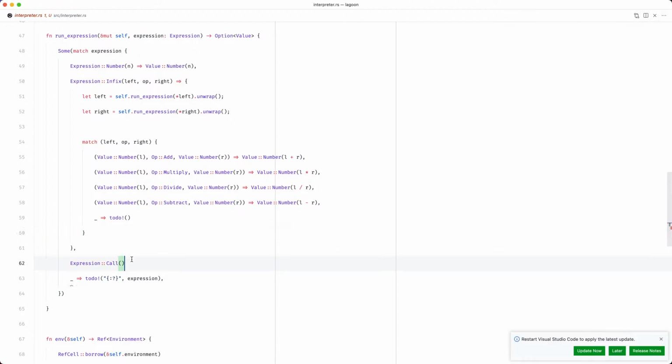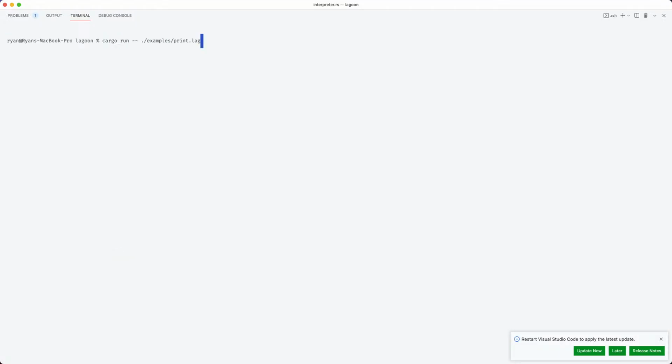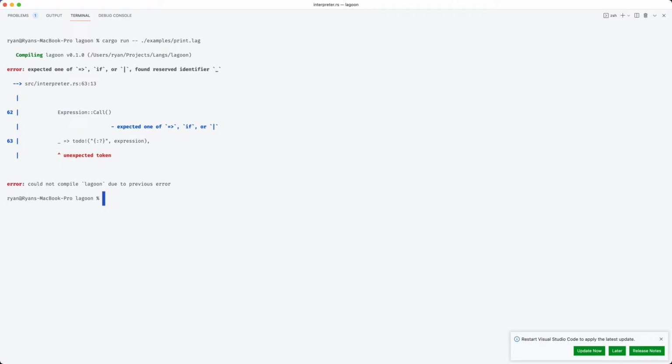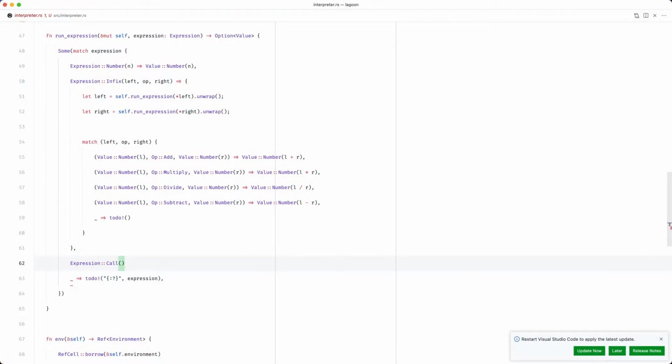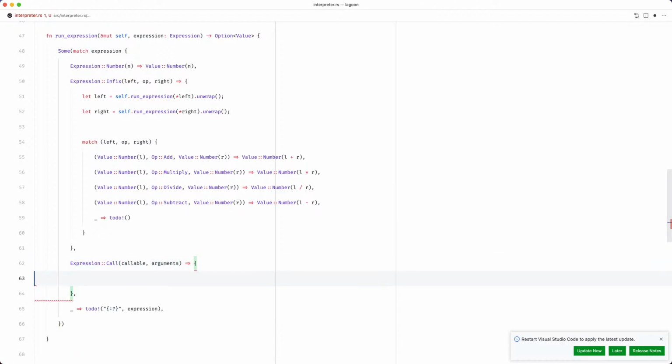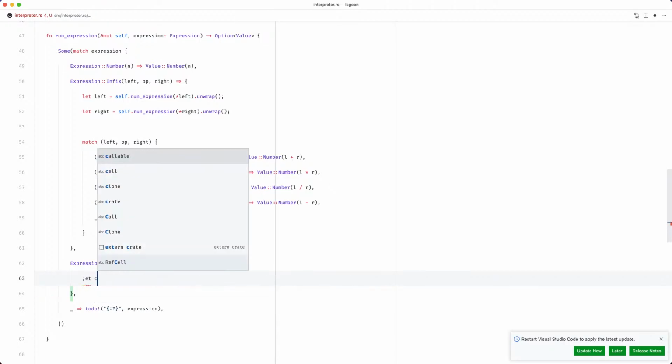So we need to support call expressions. So double check that. So we're going to have the callable on the right and the arguments on the left. And the callable itself is going to be a value.